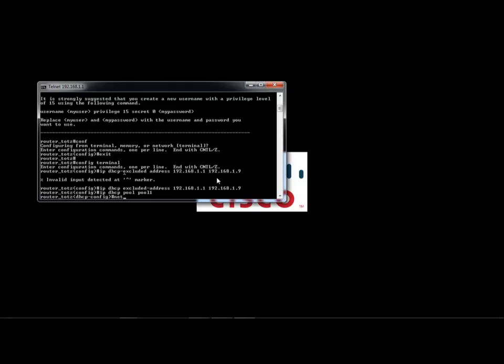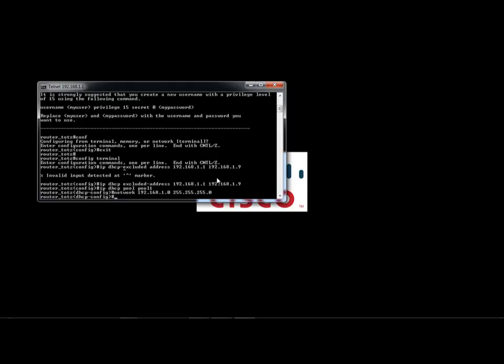Now define your network and your mask. This is why I told you to think about what block of addresses we want to give to clients. So this is the answer.